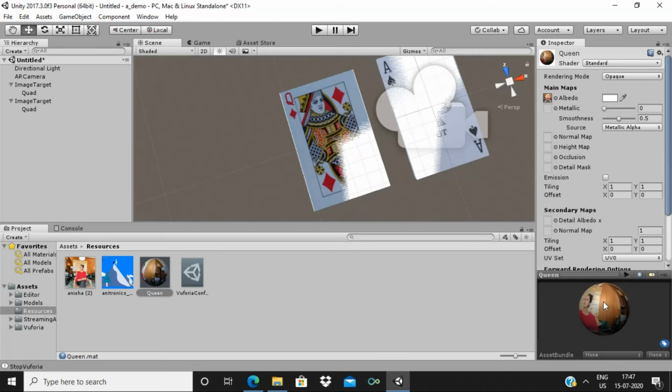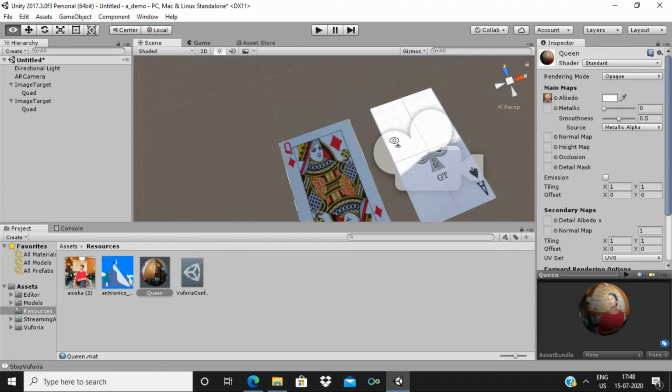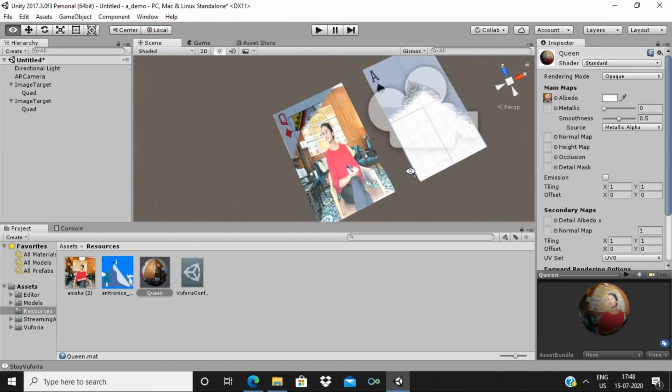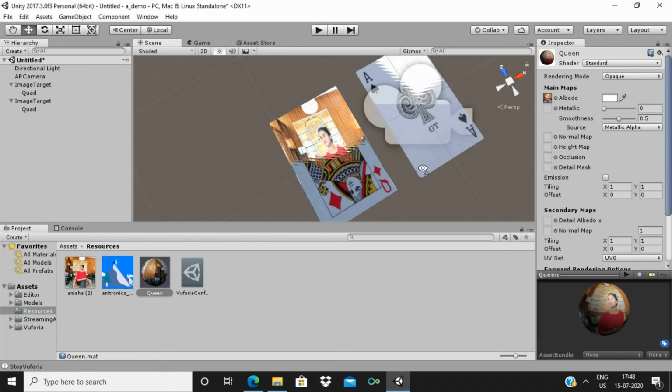Now you can see, preview this. So I've got an image on this material, and now what you do is drag this texture onto this quad. Yeah, if you can see, it is superimposed, right? On queen of diamonds I got my image superimposed. Yeah, now for checking, what you do is,